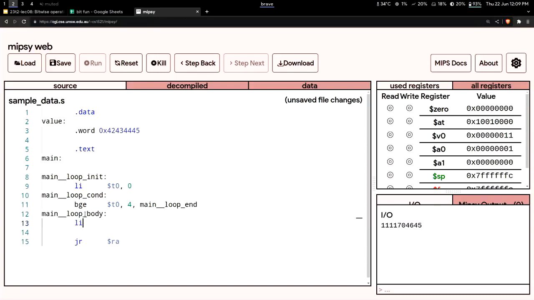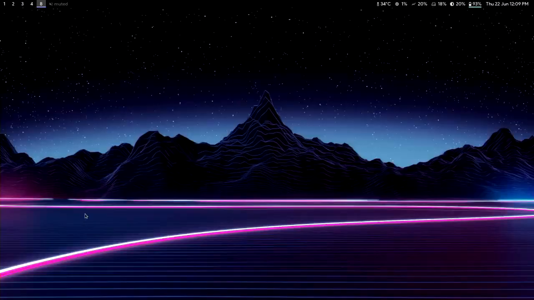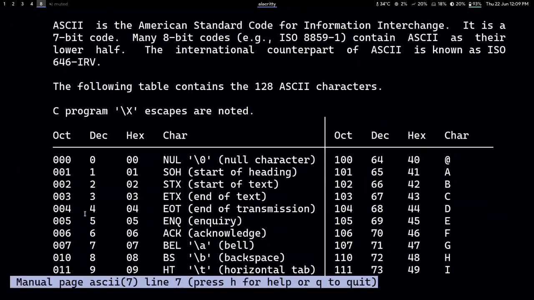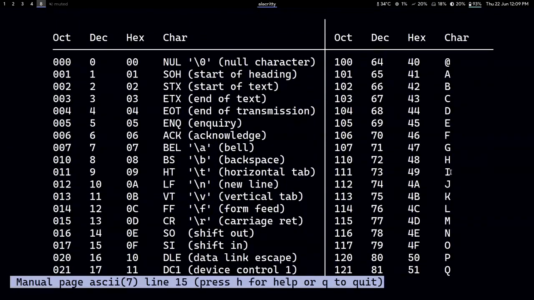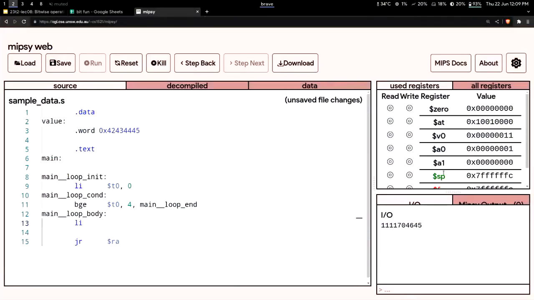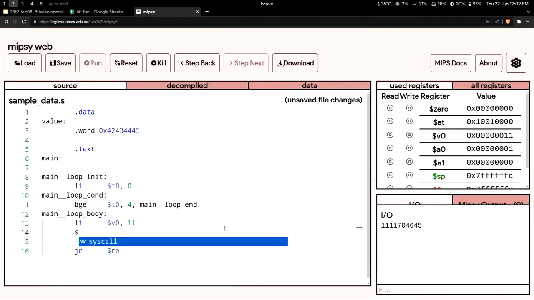What does system call number 11 do? It looks at the value of the byte, and it checks that byte against the ASCII table, which we can always pull up using man 7 ascii, in order to determine what character representation it should print out. So going back here, we will use system call number 11 to print this value out as a character. I'm going to load a byte,